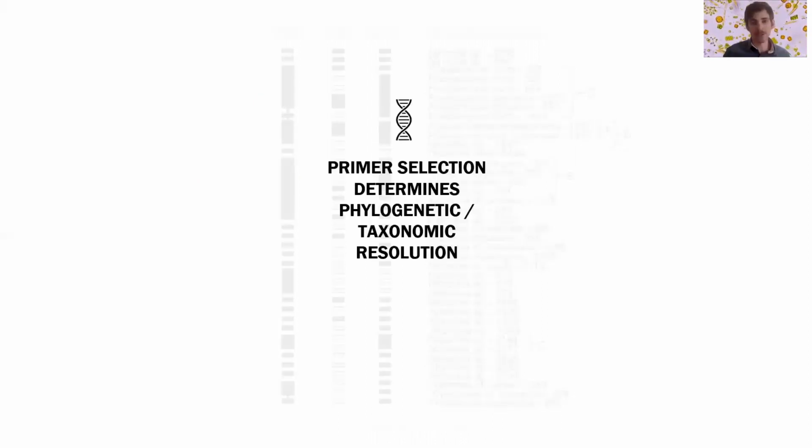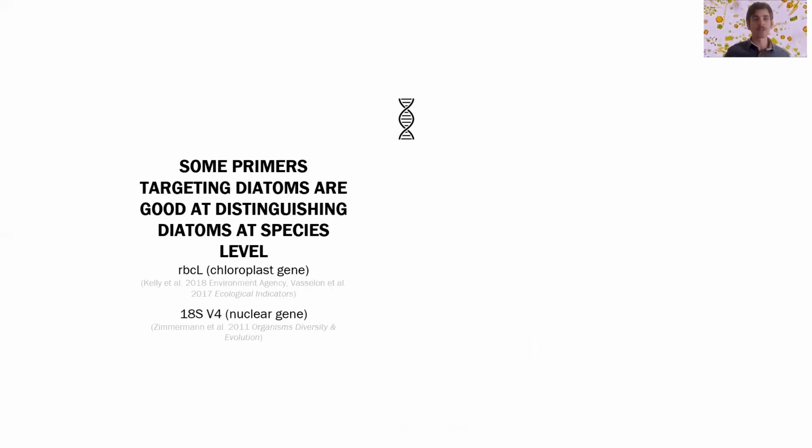So primer selection determines the phylogenetic or taxonomic resolution with which we can identify diatoms using DNA. Some primers have been developed that target diatoms, and they're good at distinguishing diatoms at the species level and even subspecies level. Specifically the rbcL gene, which is located in the chloroplast, and the 18S V4 region, which is